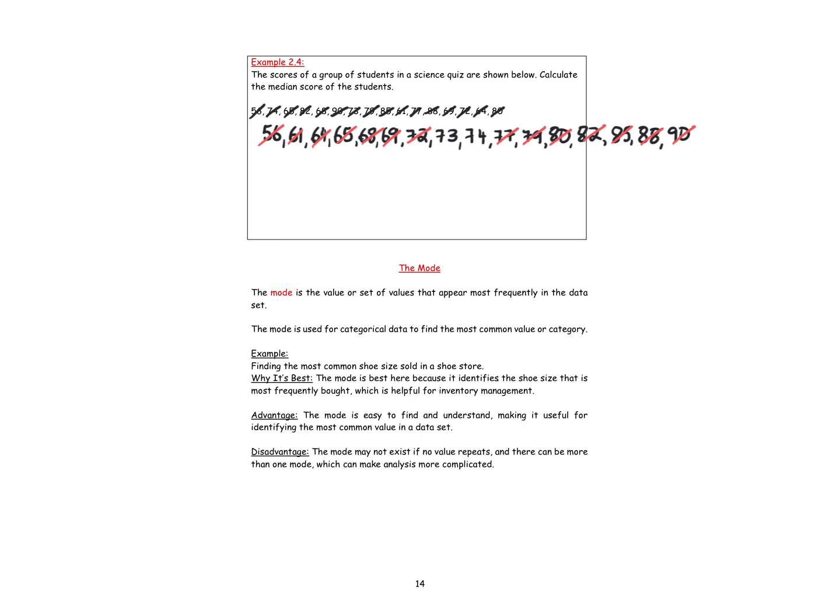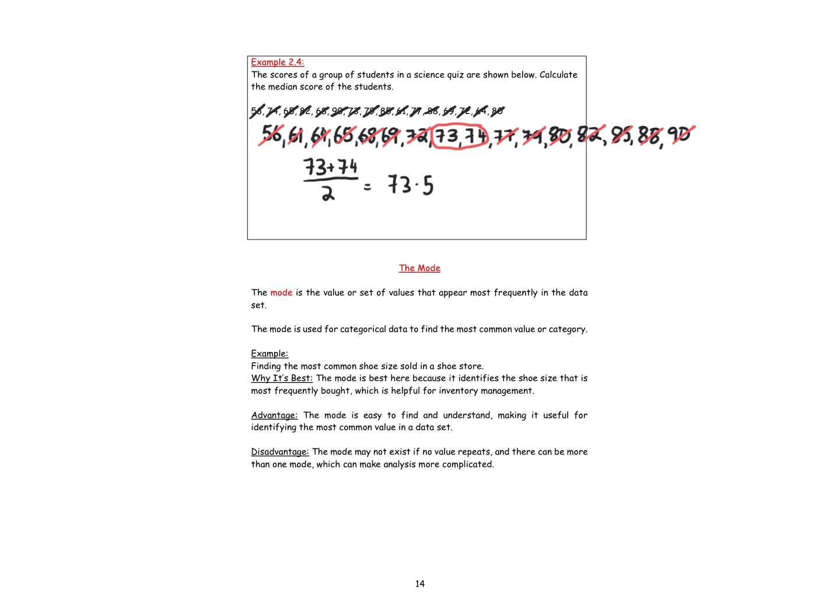Now, as you can see here, we've been left with two values in the center this time. When you're calculating the median and you're left with two values in the center, you add the two values together, so 73 plus 74, and you divide them by 2. So you're getting the average of the two middle values, which is 73 and 74, which will give you an answer of 73.5. So when we're looking at the scores of the group of students, the median score is